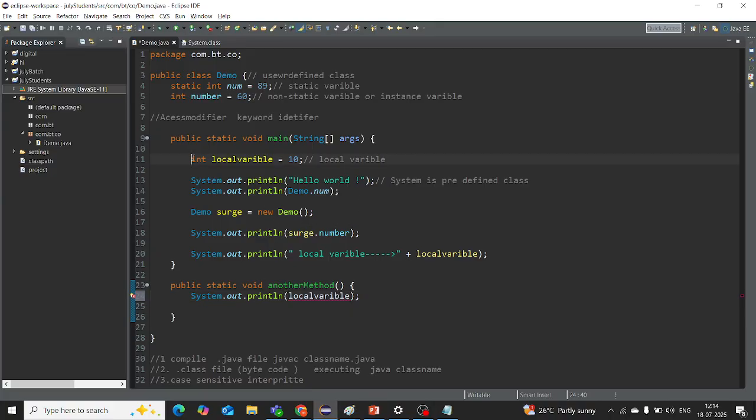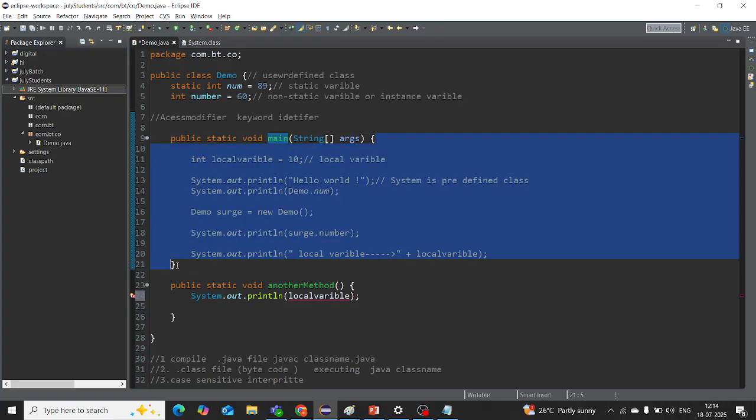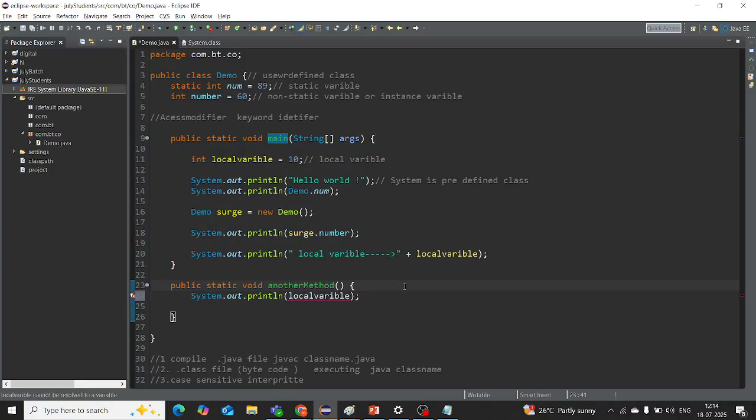Where is this local variable? In the 11th line. The scope of this local variable is in the main method only. It won't go outside of the block. That's why it is throwing the error. So how to resolve this one? For that purpose we have to write